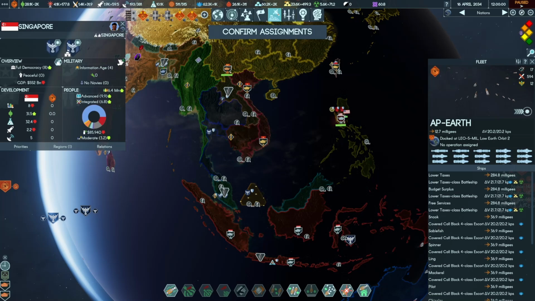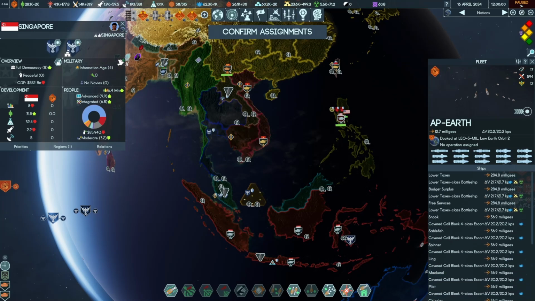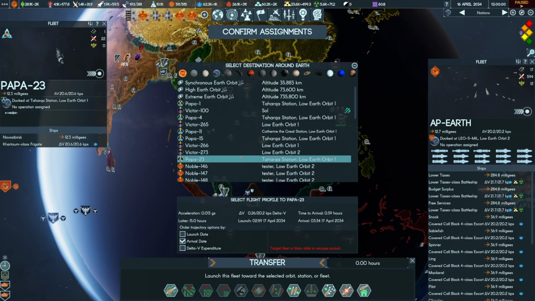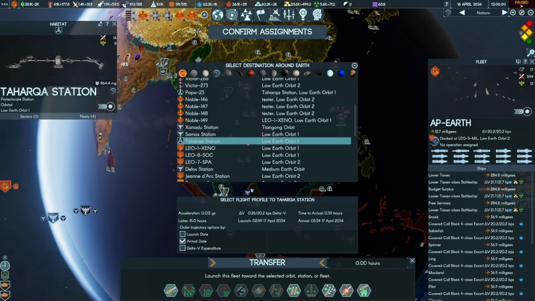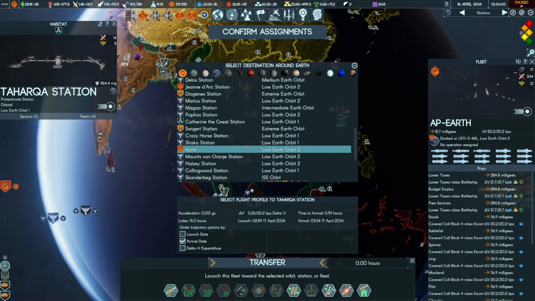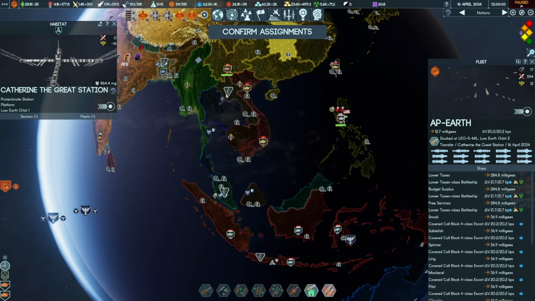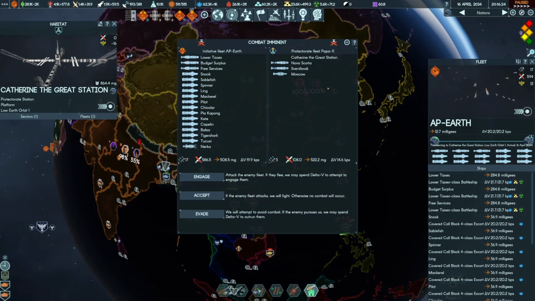I am building some habs to make me money at the moment, but what I really want to do right now is... I don't want to blow up all the Protectorate's vessels around Earth because I think they're shit enough that I'd rather they pay upkeep on them. But there's a smaller Protectorate station, I think. Yeah, there we are, Catherine the Great Station. I think we take that, we upgrade it, and we turn it into a money-making facility in Earth orbit, where the wealthy members of the Earth elite